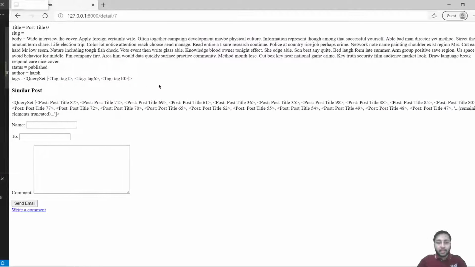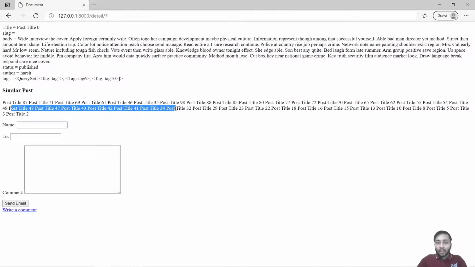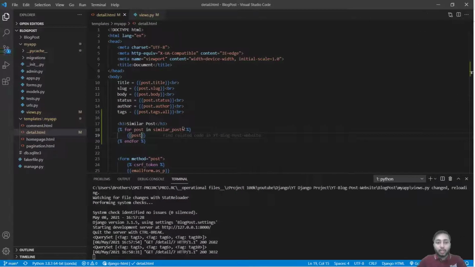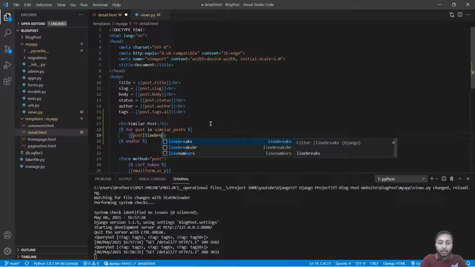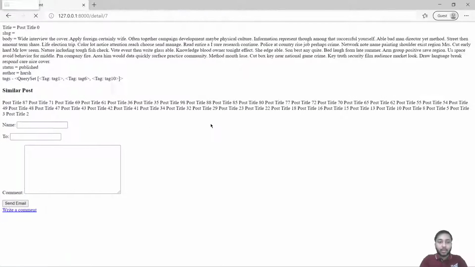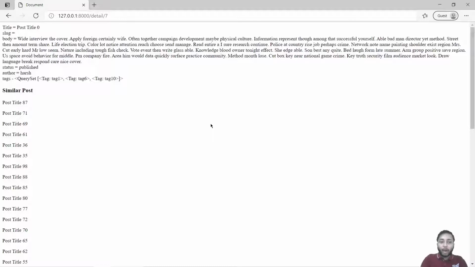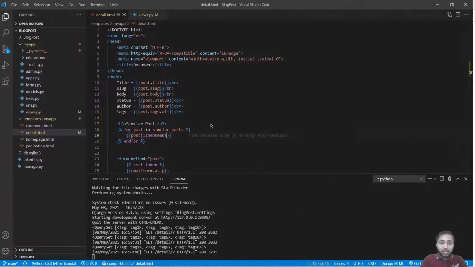Save this, get back here, refresh. So now we have the title of all the posts. I will use line breaks, save, refresh. Great. Now we have all the similar posts.